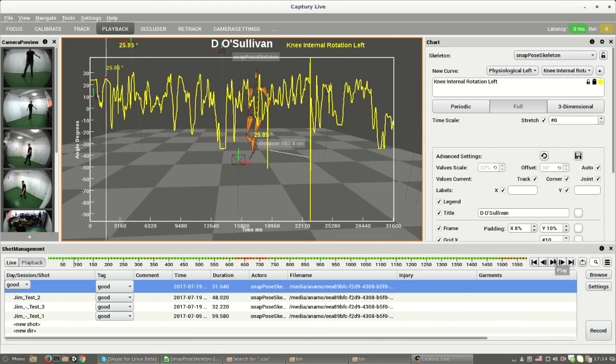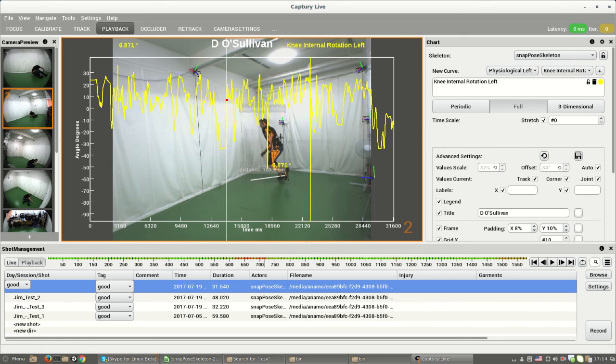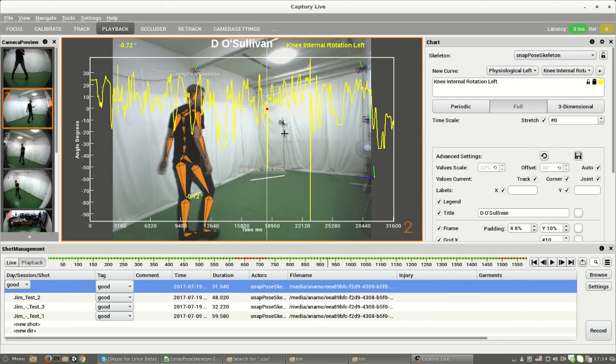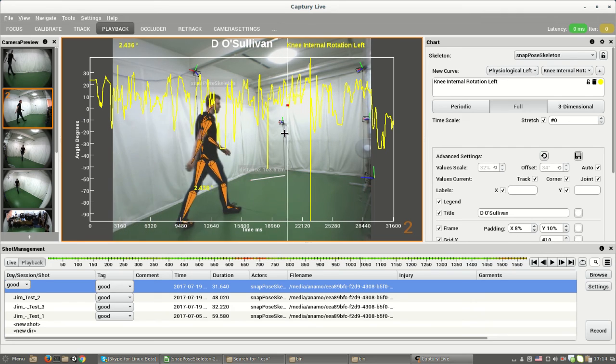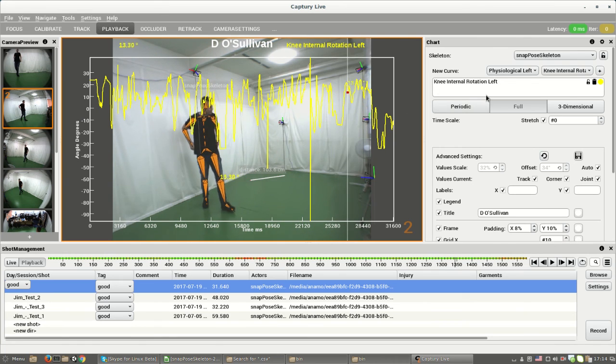For example, here we're going to use physiological left, and we're going to look through all of these options here, and we can have as many of the graphs represented on the screen as we want. All we need to do is press plus here, and for example, now this is physiological left and knee internal rotation. So you can cycle through the graphs, and you can get data there of the actual knee rotation,